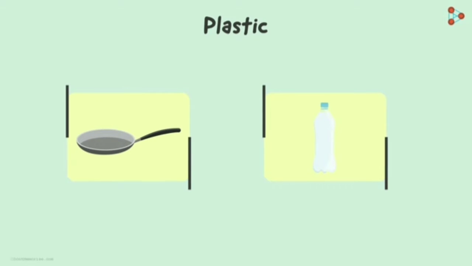Let us take 2 commonly used examples. One is the handle of our frying pan, while the other is a simple water bottle. What will happen when you heat the two? Needless to say, the bottle will melt within no time, but the handle will just heat up without much physical change. Can you tell me why? If both are plastics, then why is there so much difference? Well, that is because the two are different types of plastics.